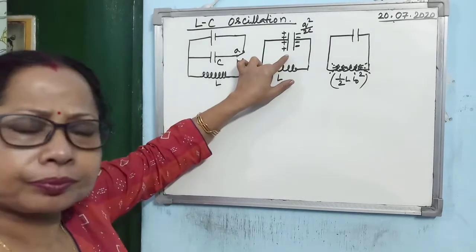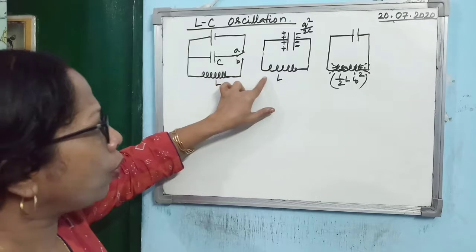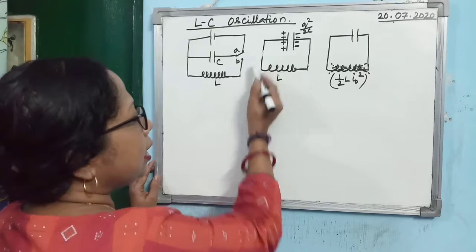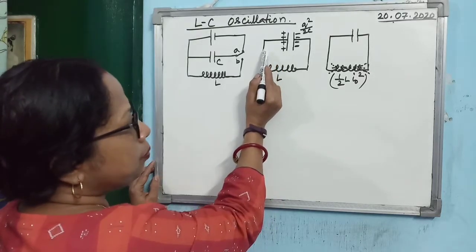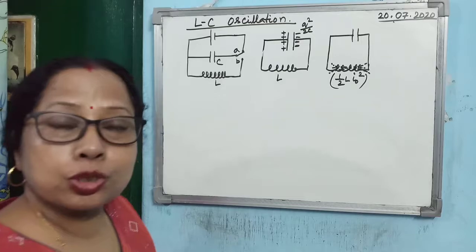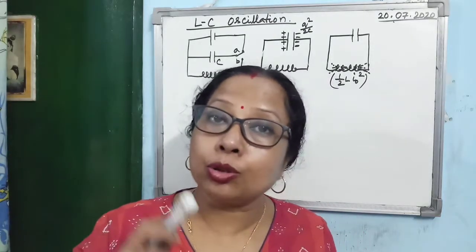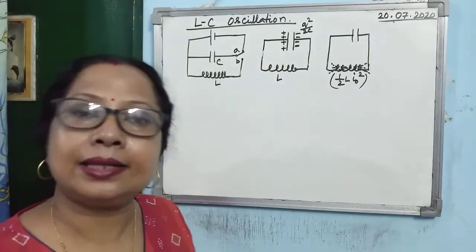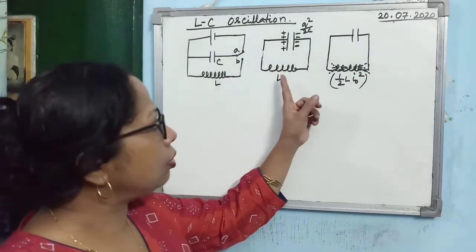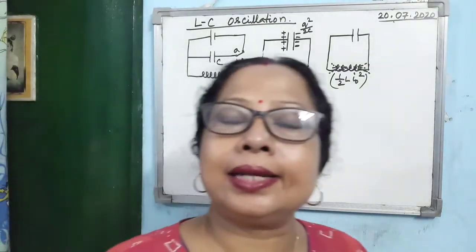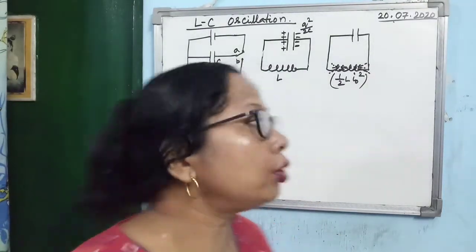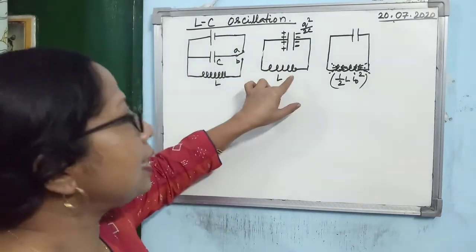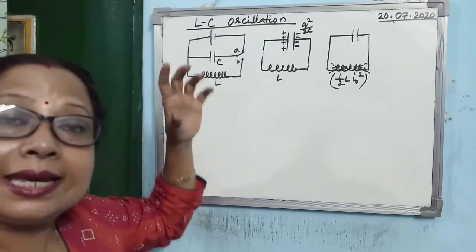So what will happen? Current will start growing through the inductor, isn't it? When the current starts growing, the current passes from the positive plate via the inductor to the negative plate. So first, current will grow in the circuit. Now when the current is growing in the circuit, along the inductor electromagnetic induction will take place, and due to induction an EMF will be induced, and not only that, the inductor will gain some energy.